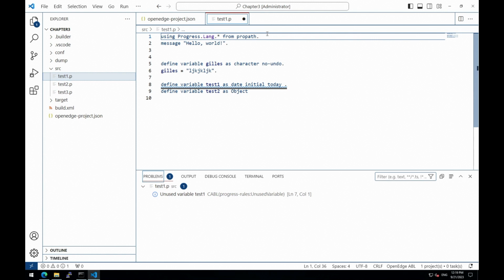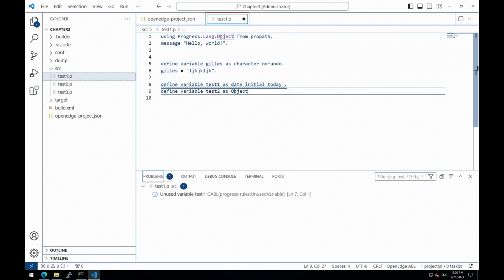There are multiple tickets that have been added in the issue tracker of the VSCode plugin to have various styles for the using statement. I am currently not in favor of using star in the header. It is much better to have the full class name that you want to use. So only progress.lang.object, so that if you have another object in com.mycompany.object, you can still use this class name without having to define the full class name. So that will come in future versions.